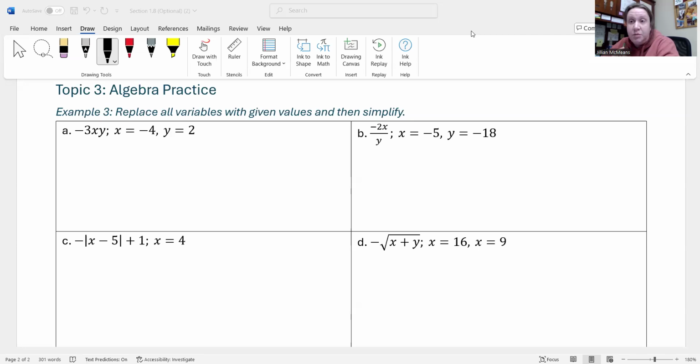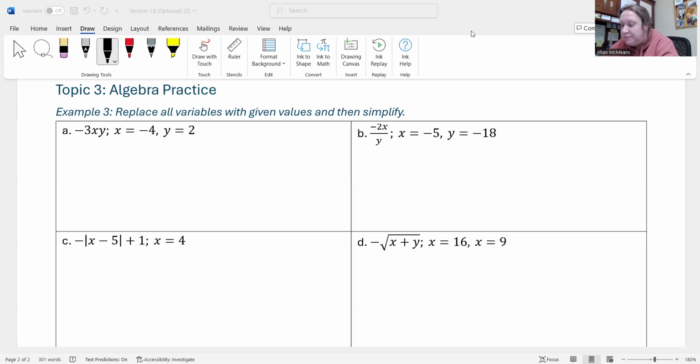So we're going to have variable values that we're going to use to replace numbers, or we're going to have numbers to replace variable values is how I should say it. So example 3 says replace all variables with given values and then simplify. So again, we're going to have to use the order of operations. This is not the first time we've done something like this. We're just getting a little extra practice in. I want you to be familiar with variables, x's and y's, so they're not so intimidating when you see them